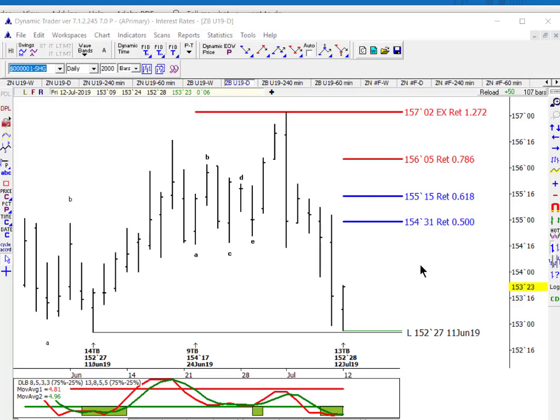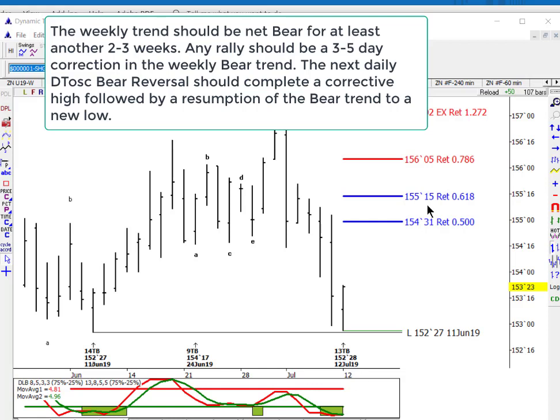This is daily bonds, and bonds and notes, of course, are in a similar position. We more than likely made a daily low on Friday, showing here on bonds. Daily data made a wide range reversal day. The daily momentums are oversold, but just any higher close sideways up on Monday will make a bull reversal. Just keep in mind that any advance should just be a 3 to 5 day correction within a weekly and